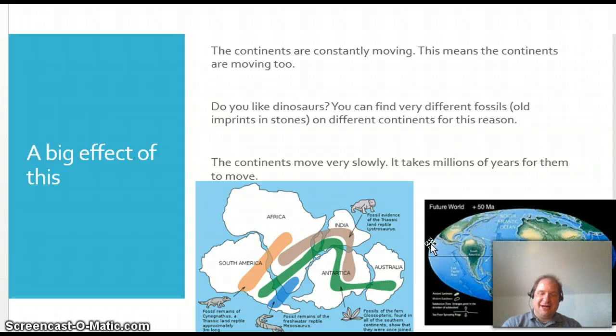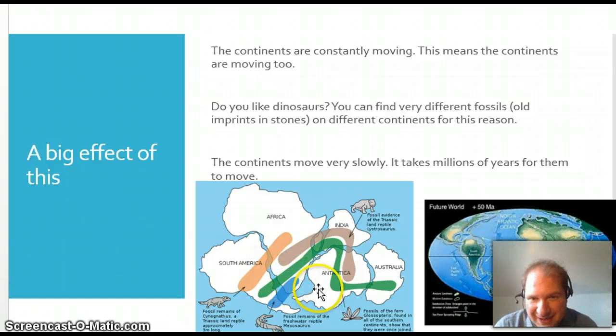So a big thing are continents. These big things, these huge things. North America is one. Africa is one. If you think they could all join together like a puzzle, you're right. And they did once. That's why we find dinosaur parts everywhere. Back when dinosaurs were around, they wandered all over the place. But now things are more spread out. So you'll find some kinds of dinosaurs in Pennsylvania.